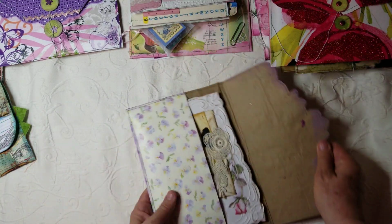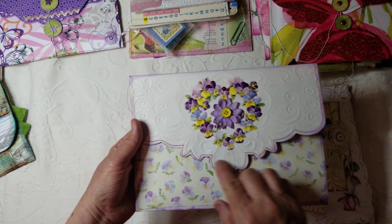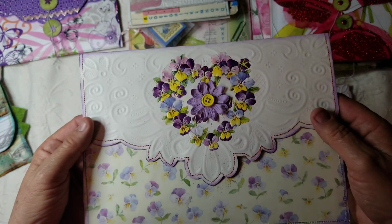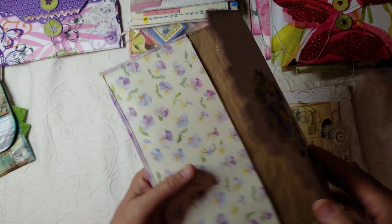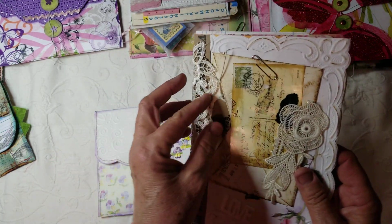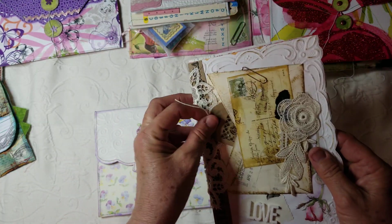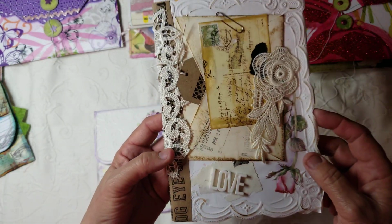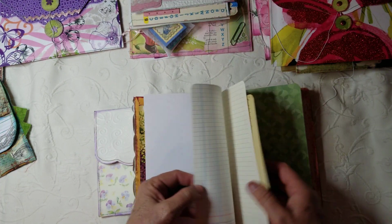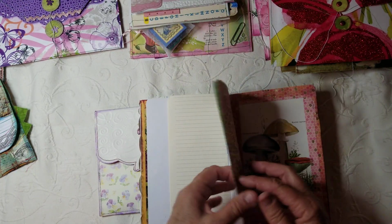This one is made out of just a large envelope that had stationery. I did the sewing on it and added this, and if you can see, it's embossed. It's quite pretty. I added this brown paper on the inside, and it's really pretty. And then I made a pretty little travel journal to go with it. Let's see if you can see this, with nice pictures, nice designer paper, journal paper,